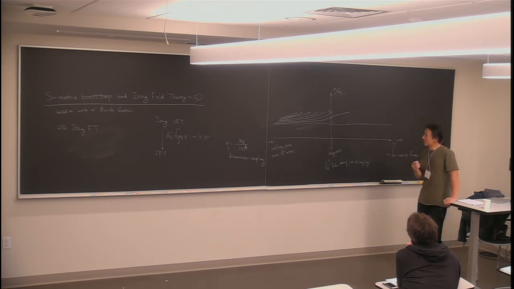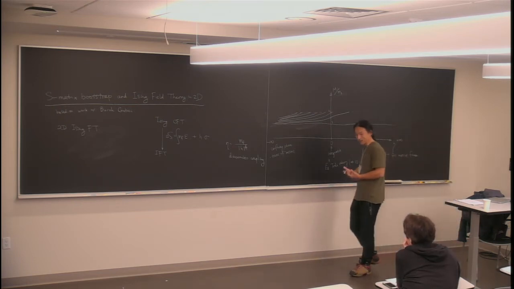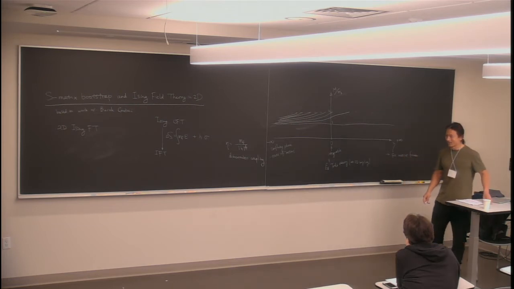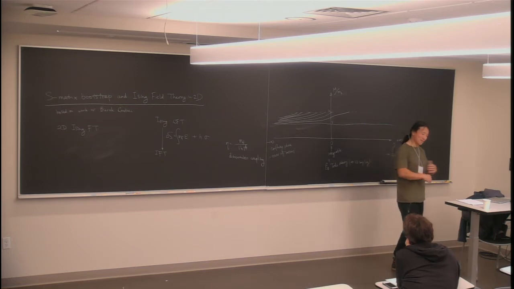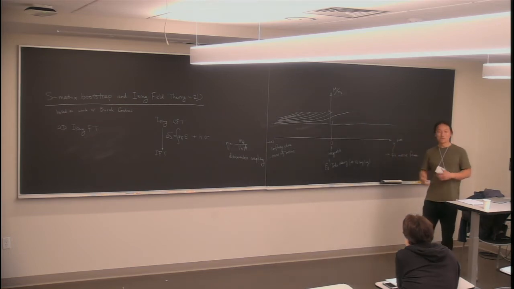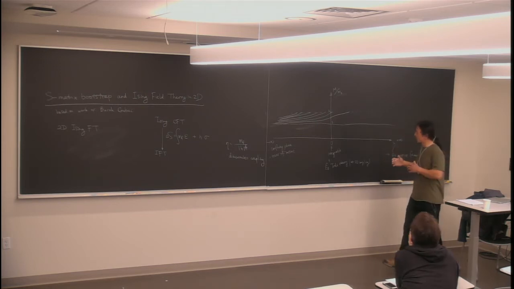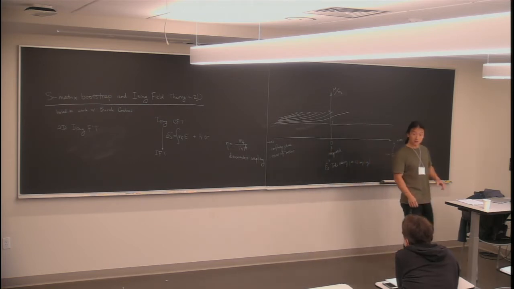Just as another point of broad motivation, one reason why one might, from a pure theoretical point of view, be interested in wide resonances is this idea of nuclear democracy, the idea that perhaps all different resonances and particles, stable or unstable, in a theory can be related by some kind of analytic continuation. It could be continuation in angular momentum or some coupling or things like that. So we'd like to explore how these resonances behave as we vary the parameters of the theory.